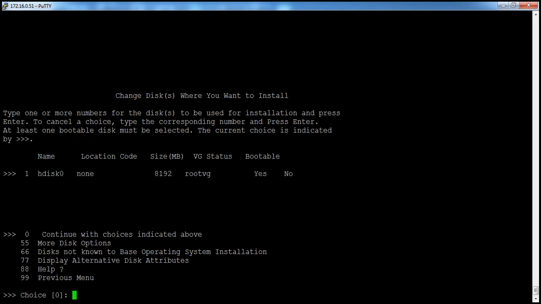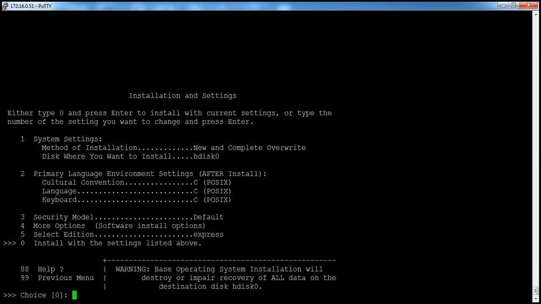You can see the size of the disk is 8 GB, the volume group would be rootvg, and it is bootable. If the disk status shows that it's not bootable, we cannot install the AIX operating system. If you want to go back to the previous menu, press 99 and enter. And if you want to change the language, you can use option 2.